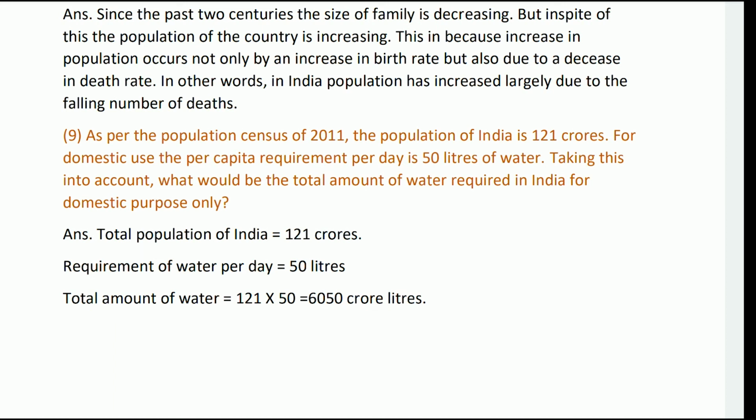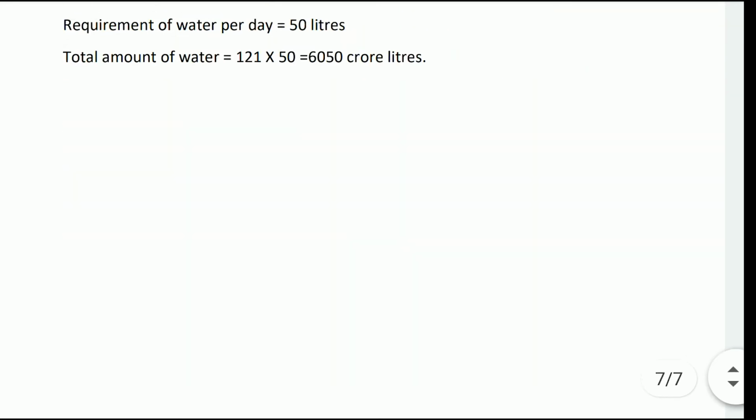Taking this into account, what would be the total amount of water required in India for domestic purposes only? Total population of India 121 crores, requirement of water 50 liters a day. Total amount of water: 121 multiplied by 50 is